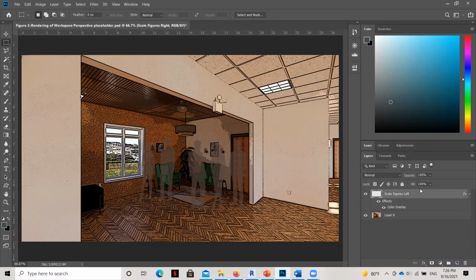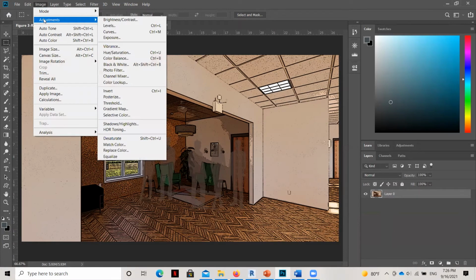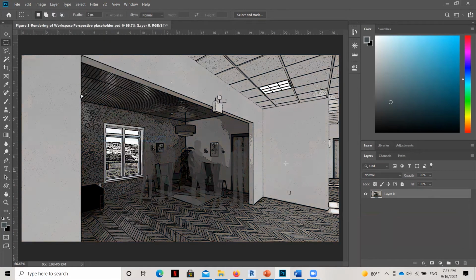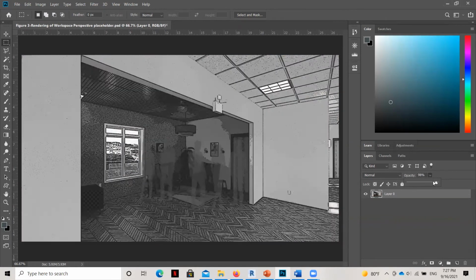I'm going to merge these layers down by hitting Control E. And now it's still a Photoshop document, but now there's not all those layers involved. So let's say I want to now turn this into a black and white image because I don't want my clients to necessarily be thinking about colors just yet. I can go down to desaturate under adjustments, and that will pull all the color out and it will just be a grayscale image. If I want to lighten it at all, we can adjust the opacity just so that it's not quite so bright if we want to pull that down.